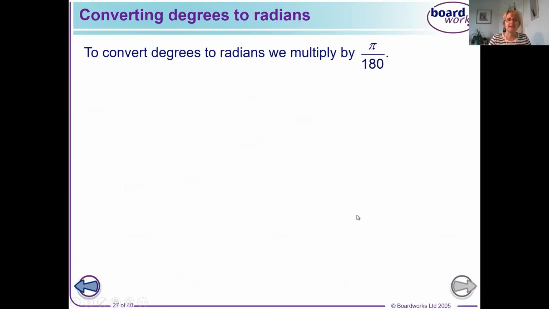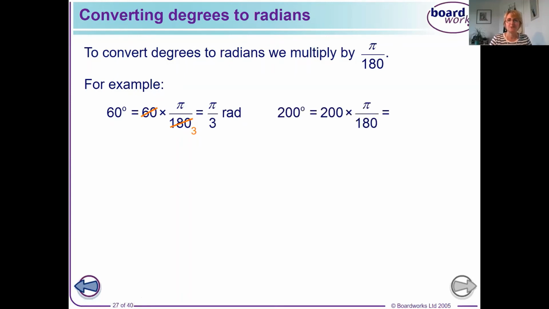Now you might find that this is a good way of remembering it. If you have to go the other way around, from degrees to radians, do the reverse, use the reciprocal. So therefore we're now multiplying by pi and dividing by 180. 60 times pi divided by 180. You probably won't do the cancelling down bit, you'll probably just reach straight for your calculator, and that gives you pi over 3 radians. 200 degrees multiplied by pi, divide by 180, gives you